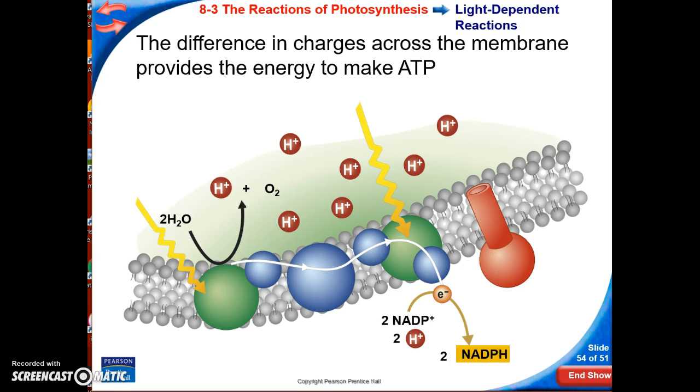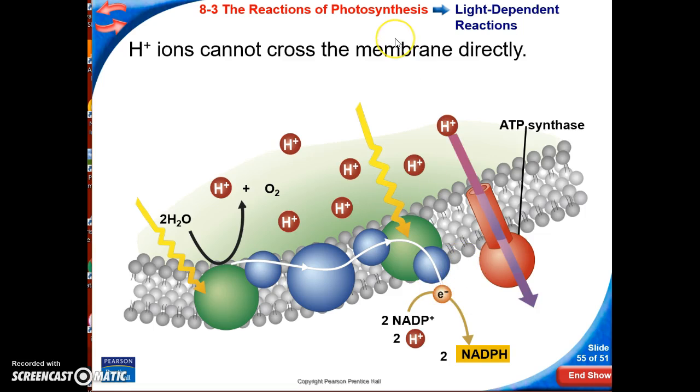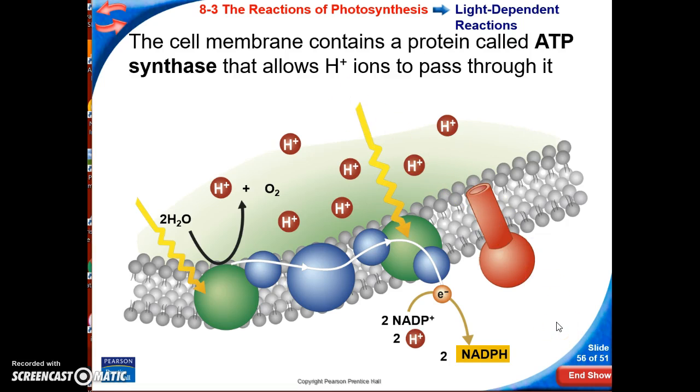And so the way that this works with this electron transport chain is that we have a protein that's called ATP synthase. And if you think of anything that ends with ase is an enzyme, this protein is an enzyme that is actually going to convert ADP into ATP. So you can see, again, our high concentrations inside the thylakoid membrane. This is outside in the stroma. Our ATP synthase is going